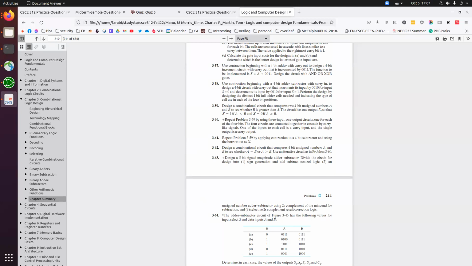So you first need to find out what the 4 inputs here are. That can be A3, A2, A1, A0, and the other 4 inputs are B3, B2, B1, and B0. And you'll have only one output. So if we have A is less than B,